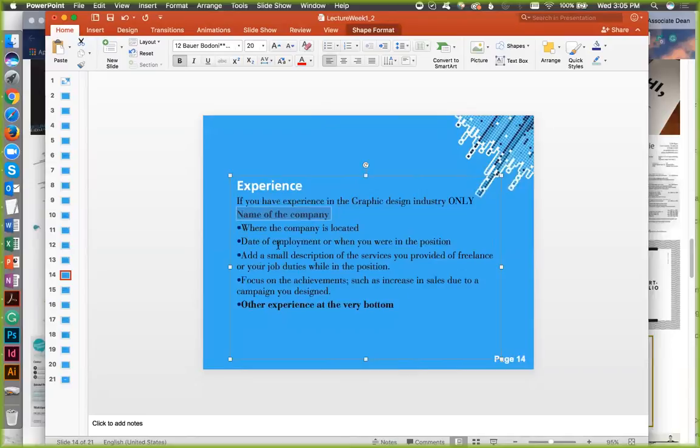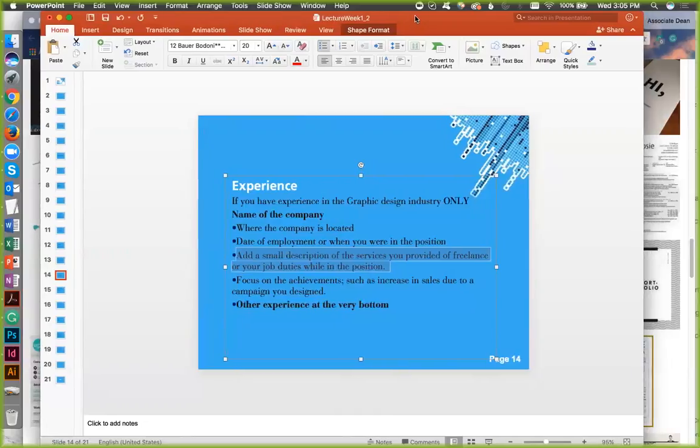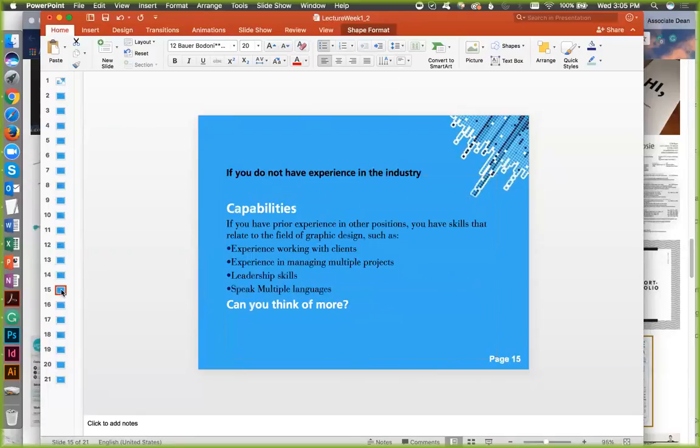You can just put the state, okay, the date of employment or when you were in the position, and a small description that says what you did while you were there. And focus on the achievements, such as increased sales due to a campaign that you designed, or maybe increased morale on the team or something like that, if it is for under other experience, okay?